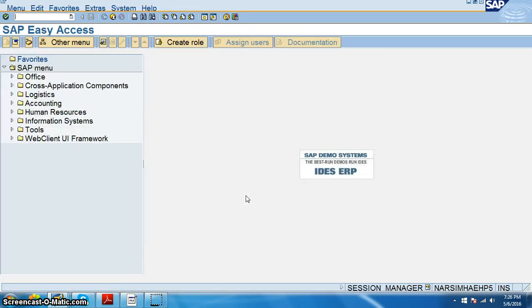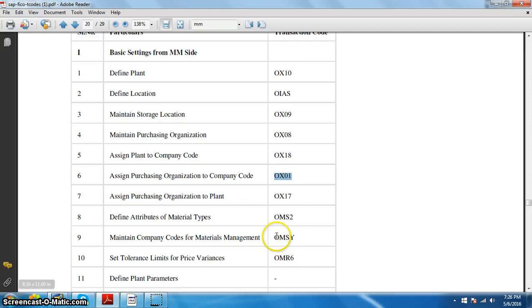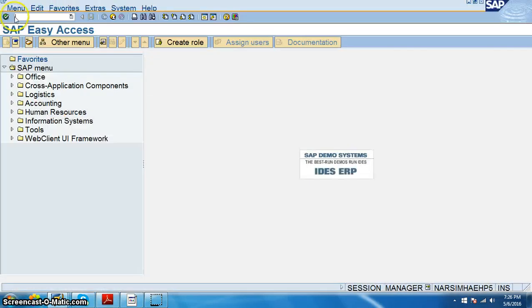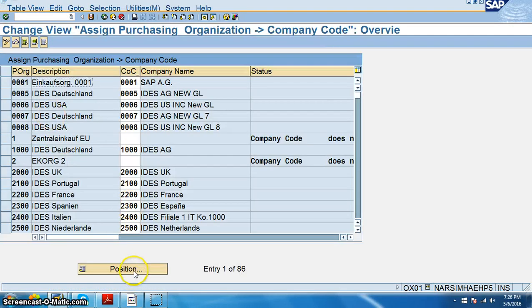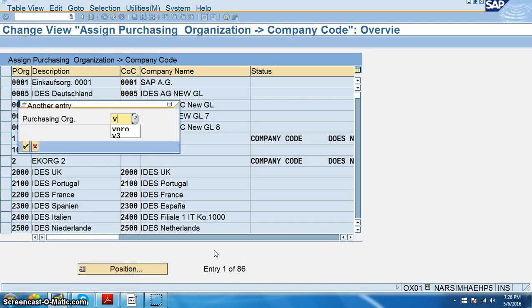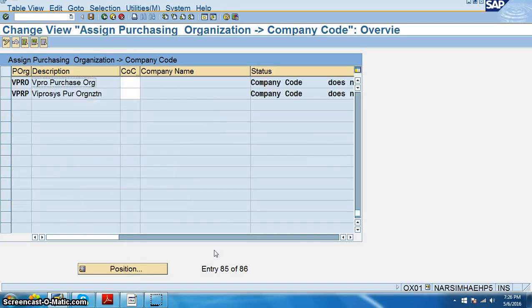Sorry, OX01. Assign purchasing organization to company code, OX01. Say OK, and in this click on the position, check for VPRO. For VPRO and VPRP, for both we have not assigned the company code, so let's assign the company code here.